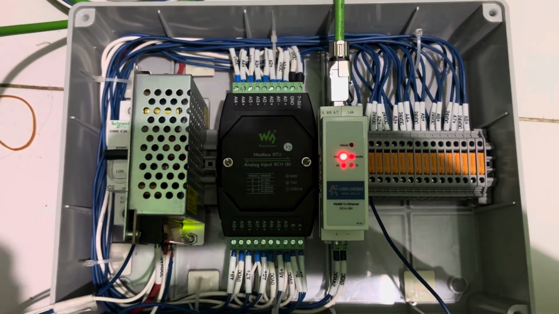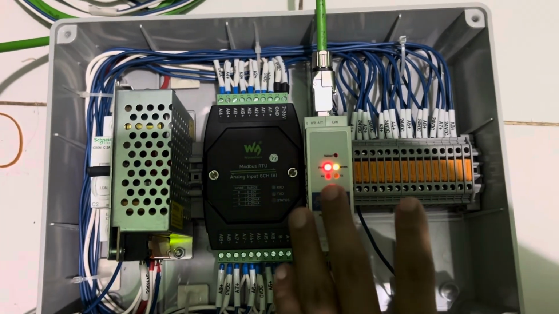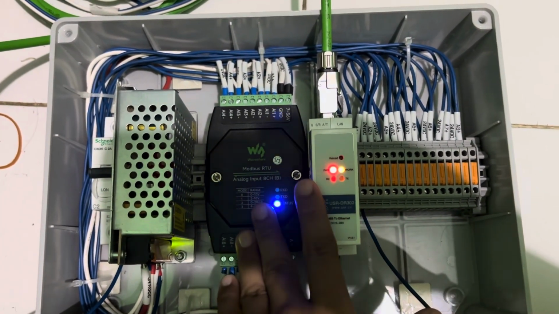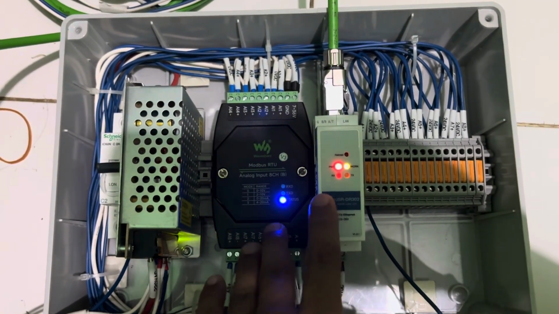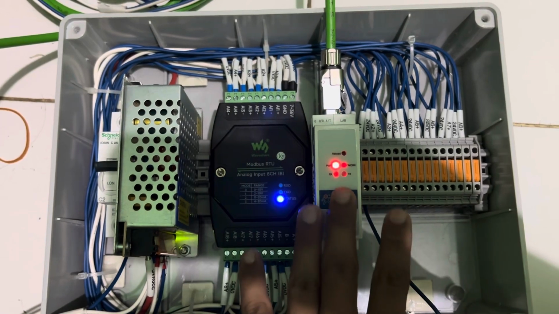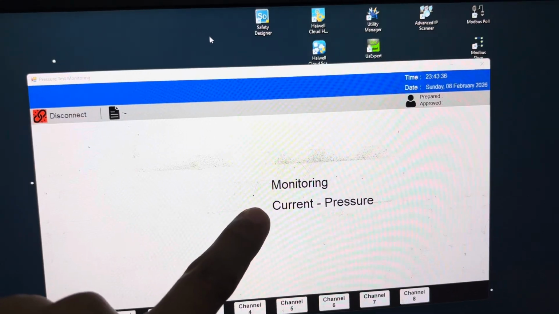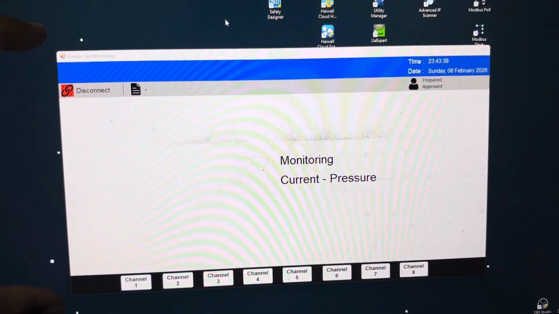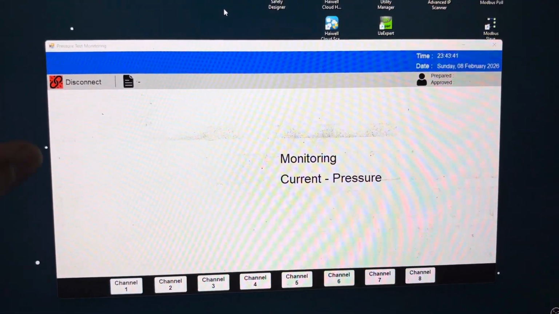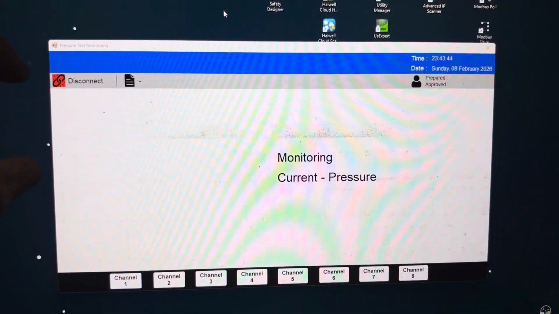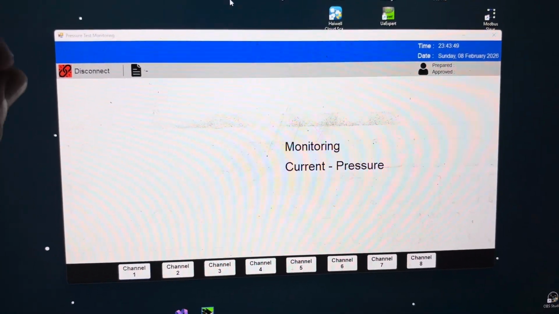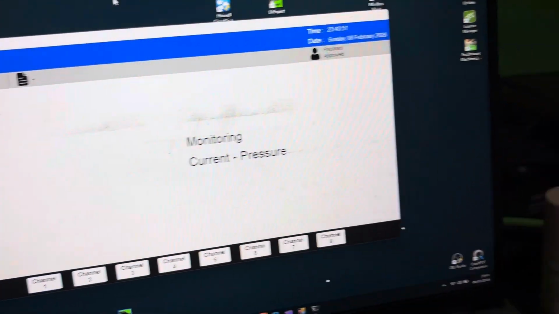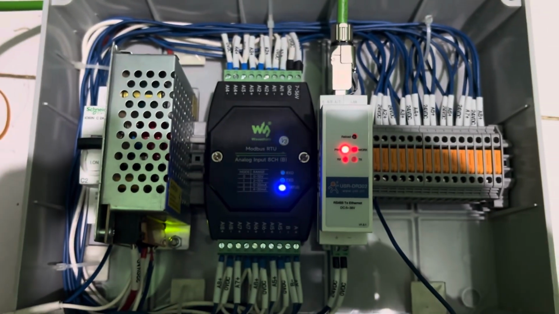At this time, I will show you about my project for a service company application for monitoring pressure transmitter. And this is an electrical system or electrical diagram, and this is my software for monitoring current and pressure. I made this software using a C# WinForms application, and the editor I use is Visual Studio. First of all, I will show you about this hardware or electrical system.